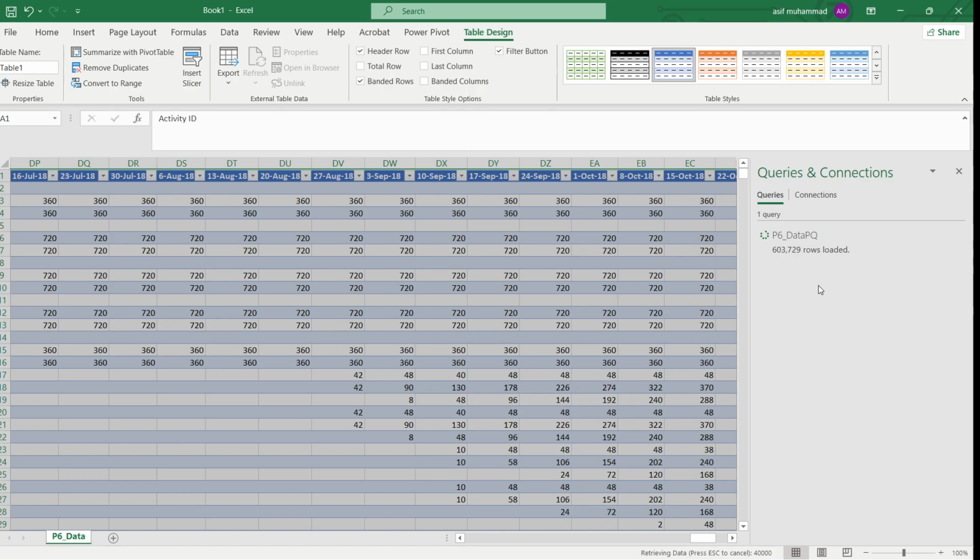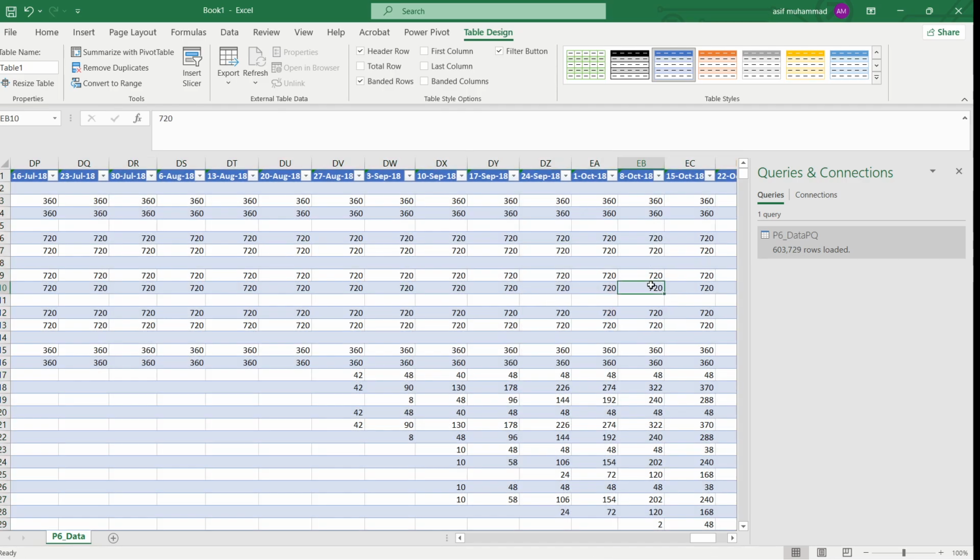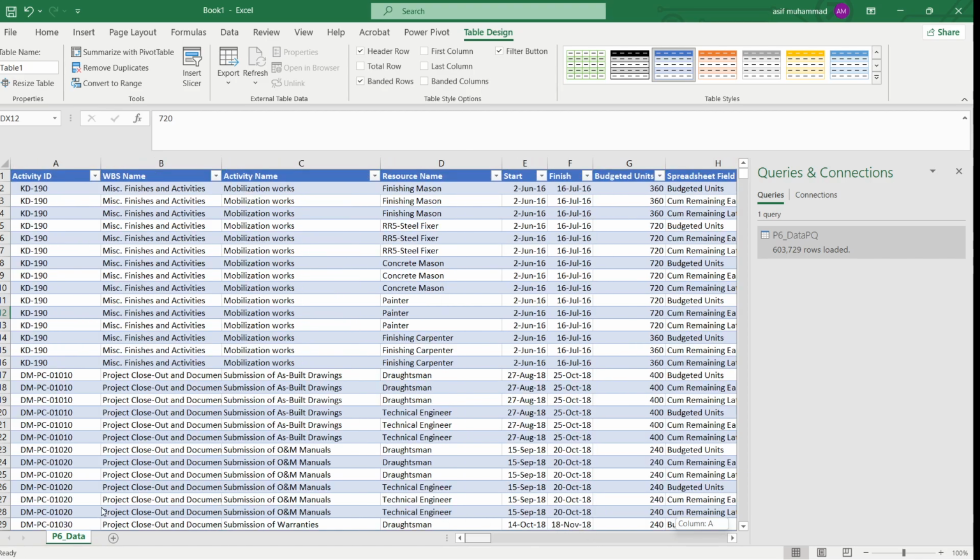It will take little time, it depends on your data. So once your data is created, okay, now our data is created. Now you will see that we have data, 603 rows are loaded. So once this data is loaded here, just go in PC data and go into the Data option, and